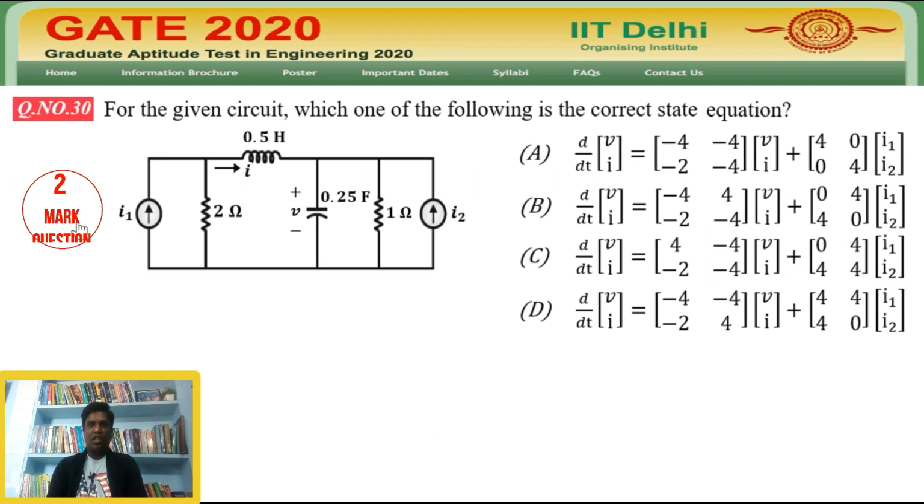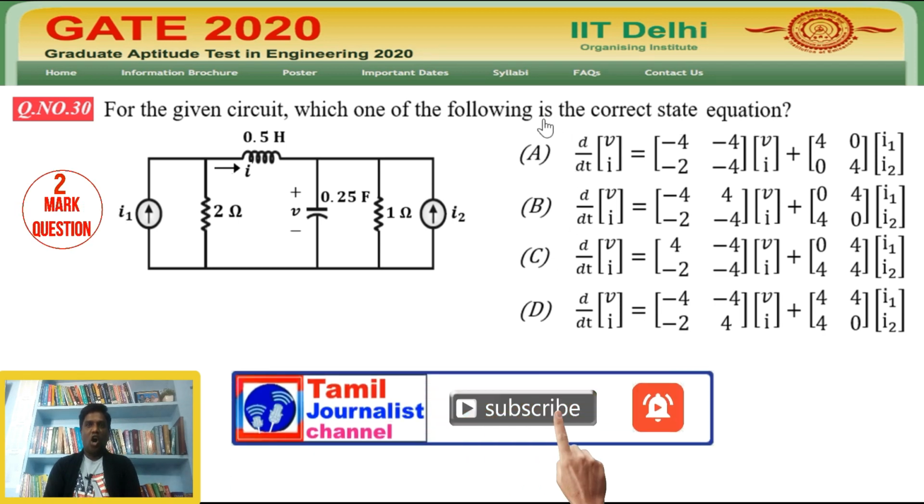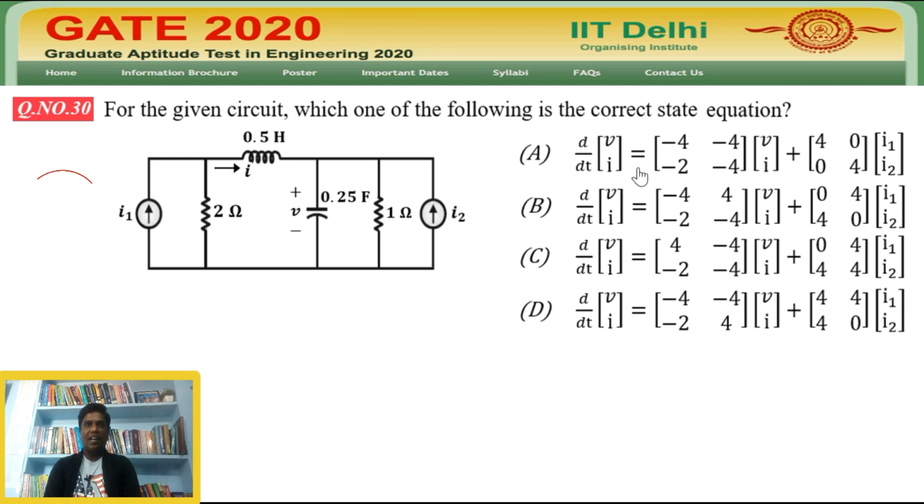Next, we look at the third question. This is the 30th question of the GATE exam 2020 for the EC department, question paper of the control system subject. The question is, for the given circuit, which one of the following is the correct state equation. The options are, option A is d by dt of V and I equal to